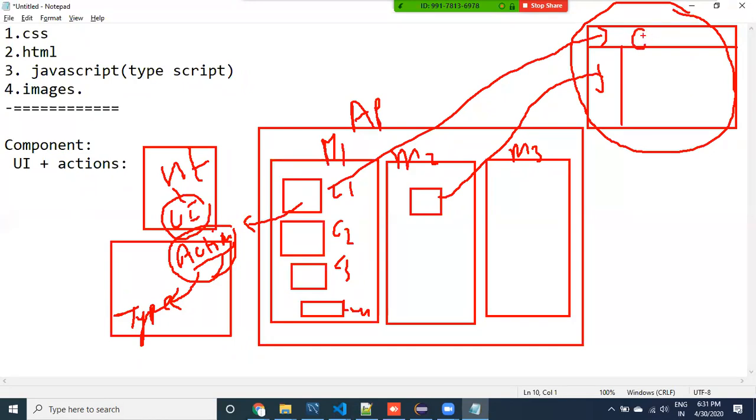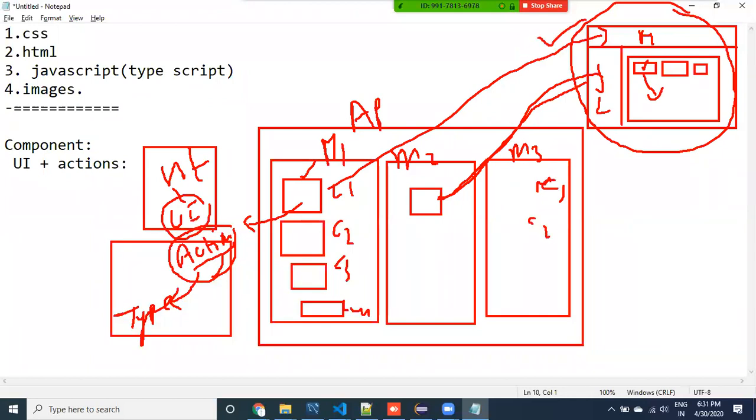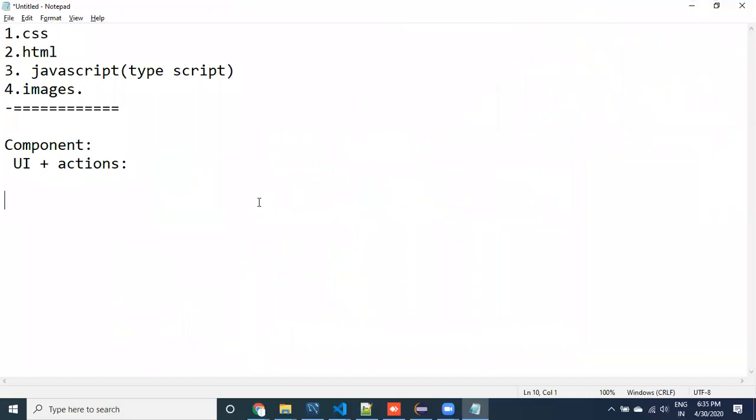I'm going to use a menu component here, which may be available in one module, and the left menu is from module 2. Then this is the body, which contains multiple tabs. The tab related stuff is another component. Something like this, you can create a screen combining multiple components. The screen itself is one component, guys.